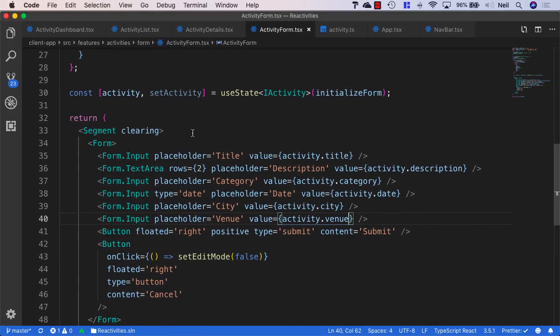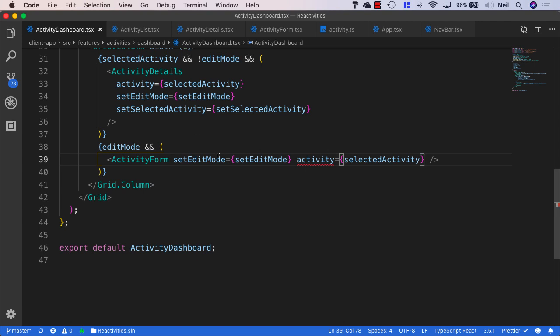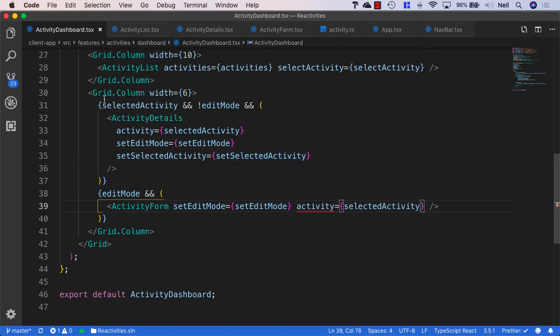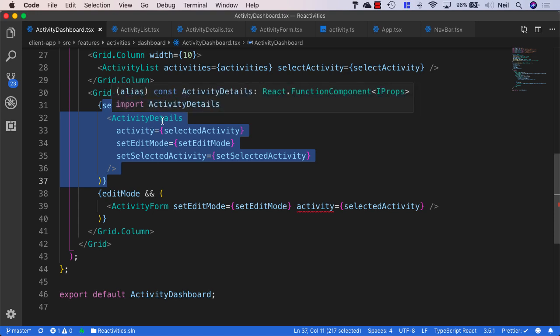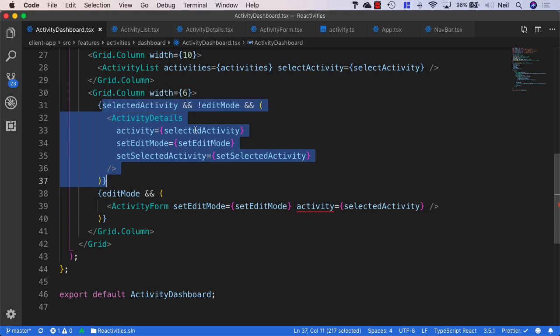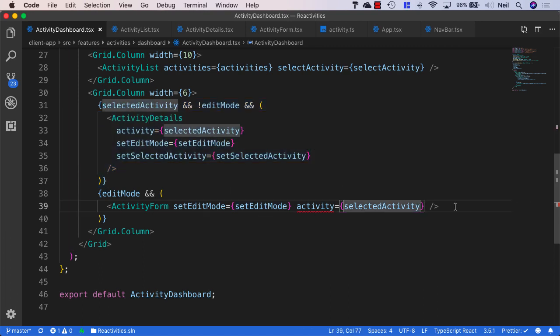But what we can't do is do what we did with our activity details, which is only display the activity details component if we actually have a selected activity. So what we need to do to get around this particular problem is introduce back our exclamation mark,